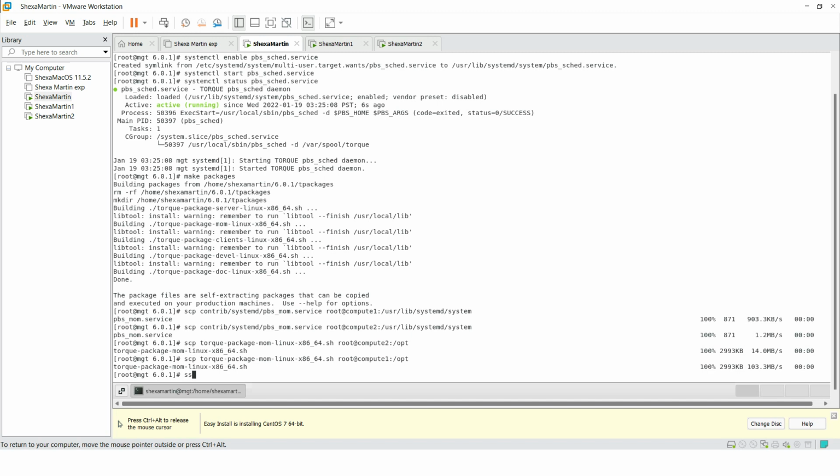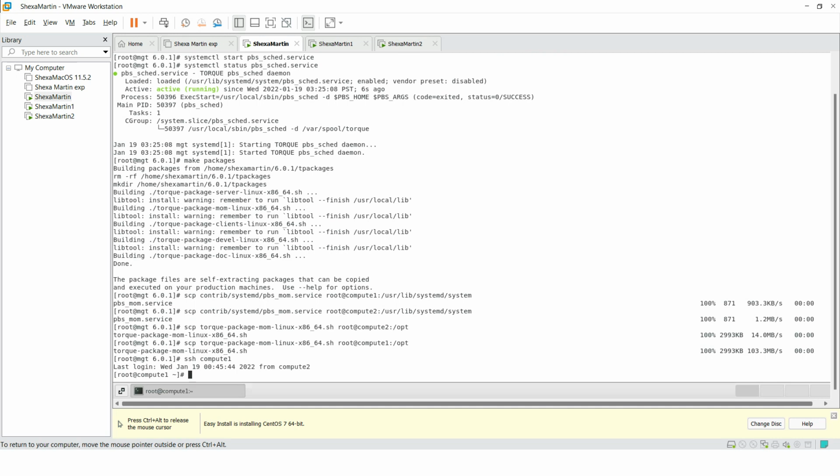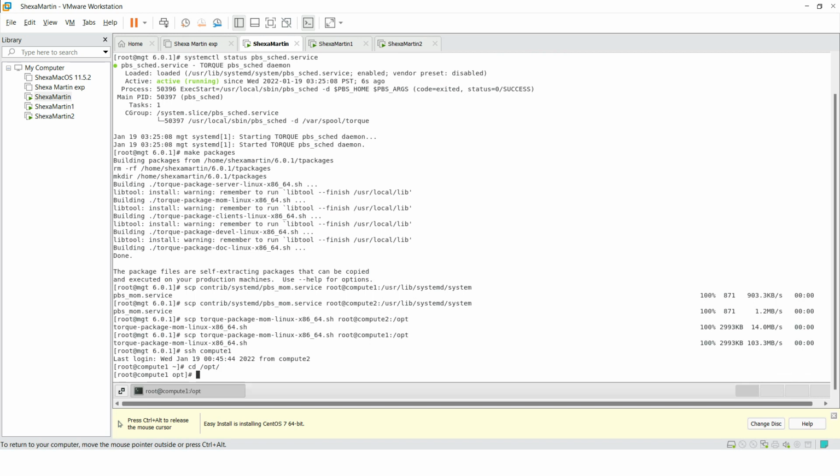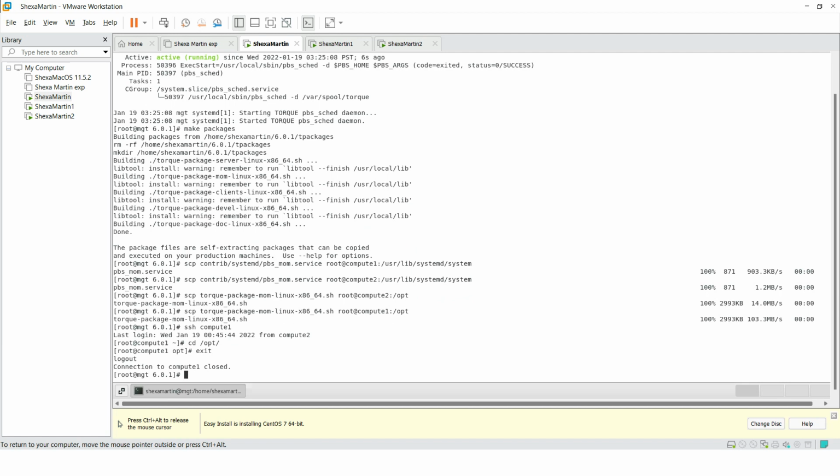Let's now get into SSH compute 1. Alright, and then let's get into opt. Right, and then let's execute the scripts. Did we copy, or let's just exit. Right, did we scp? So we scp country mom, right? We didn't copy clients, so we have to scp